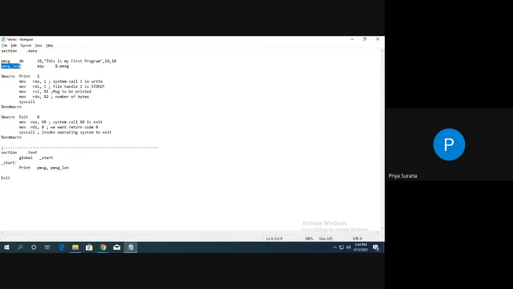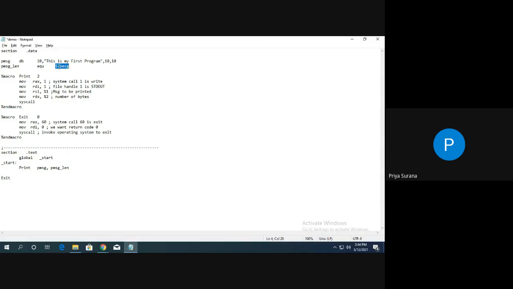So another variable is declared and another directive is given for that variable, that is EQU. It is nearly the same as the equal to sign. Okay.